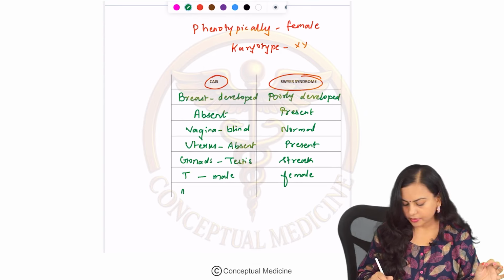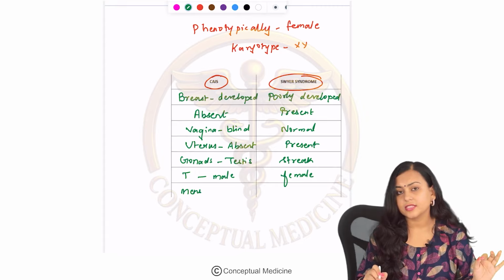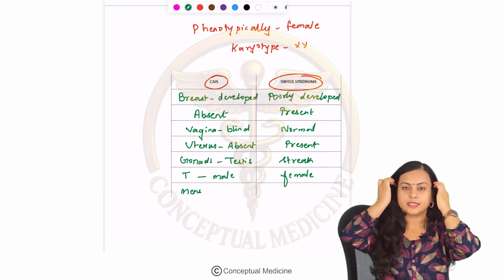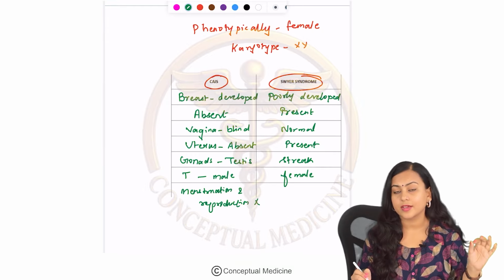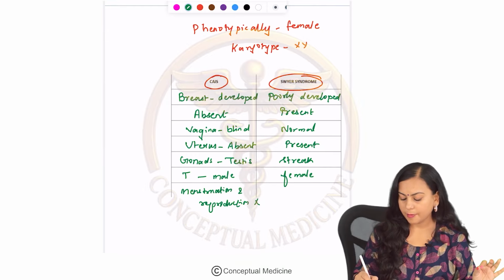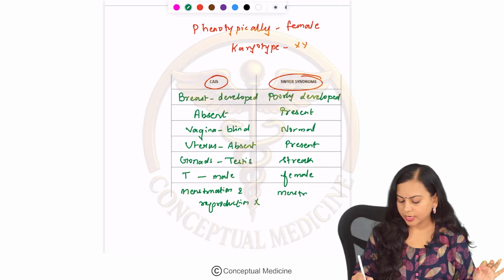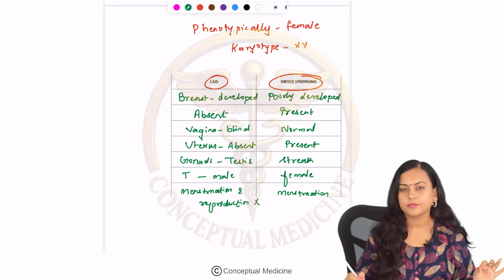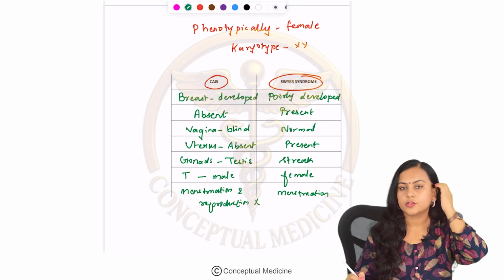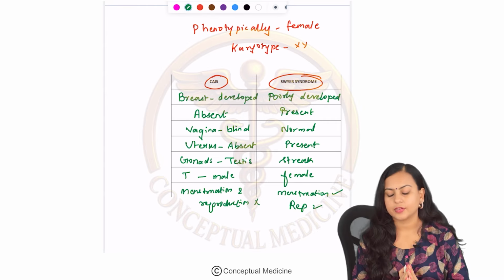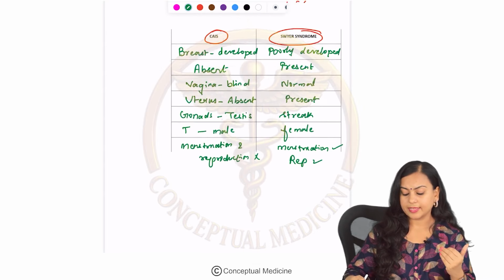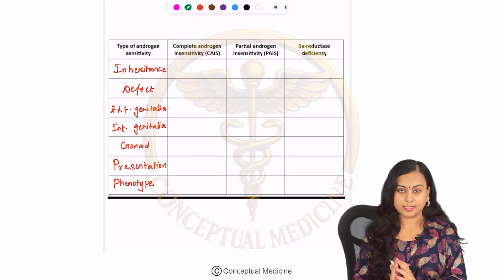And here you have to understand one thing, since the uterus itself is absent in complete androgen insensitivity syndrome, the menstruation and reproduction are not possible. Whereas in Swyer syndrome, menstruation can be brought about by hormonal supplements and reproduction can also be tried by donor mechanisms or any artificial reproductive techniques, right? So this is all about complete androgen insensitivity syndrome and Swyer syndrome. Now you will ask me, ma'am, what is this complete androgen insensitivity syndrome?